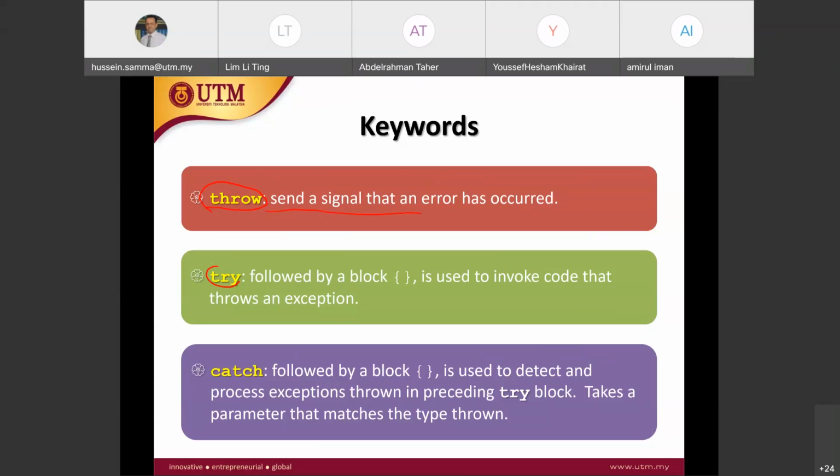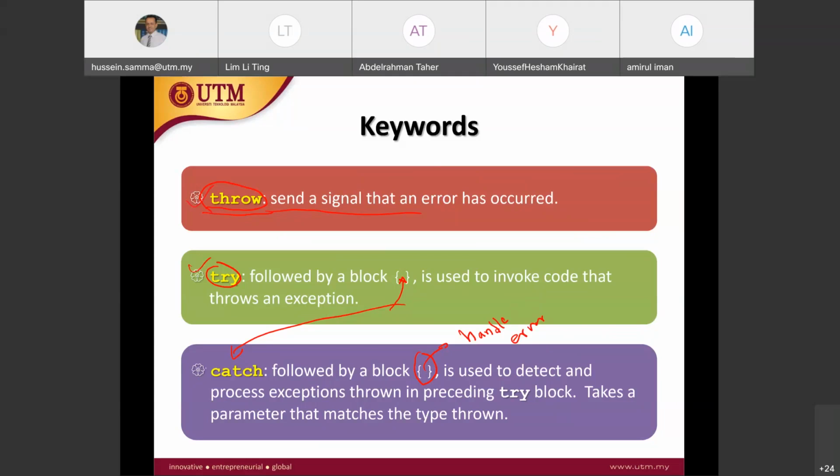Try keyword. The try keyword will be used followed by a block. After the try, you will put your code in the block, and if there is an error, you will send it through the throw keyword to the catch block. We have another block that will handle the error. This block will handle the error or display the error. So it's the handler. You will understand all three keywords by examples, but you have to be aware that we are talking about